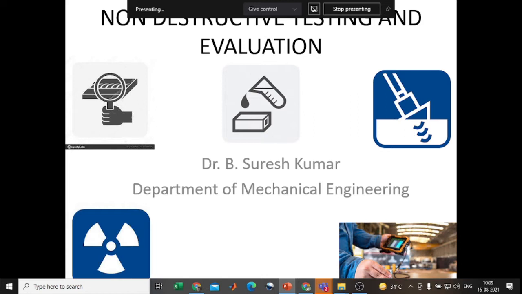Likewise, you examine. But if I don't want to disturb the specimen or the workpiece, we should go to non-destructive testing. Here the workpiece does not get damaged and we can put that workpiece into applications. For this reason, in engineering industries, non-destructive testing is followed for examining engineering materials. So this subject concentrates on how we can examine materials with different non-destructive testing methods.